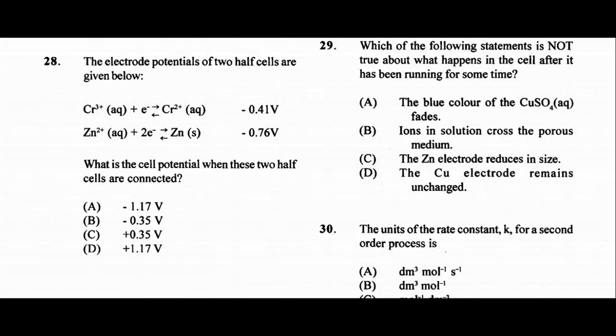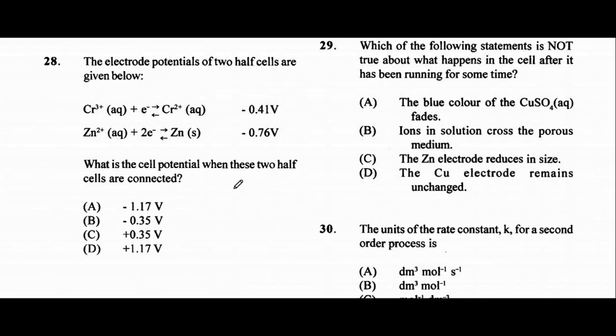The easiest way to find this is subtract the more negative electrode potential, and the more negative one there is 0.76, so minus 0.41 minus, in bracket, minus 0.76, that is 0.35, and that's plus 0.35, so the answer is